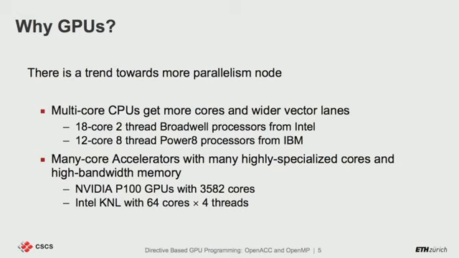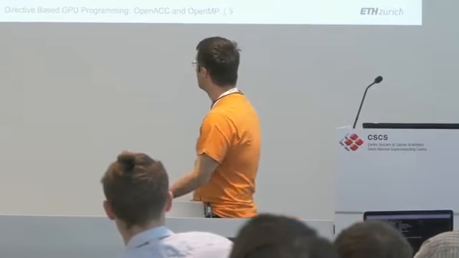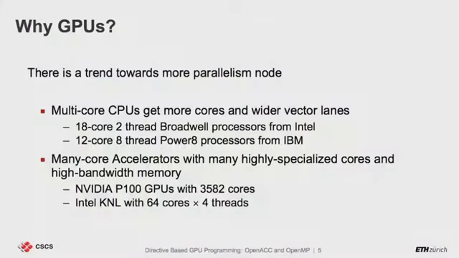Then we have the so-called many-cores. GPUs were around for years, but around 2008 and a bit before, people started to exploit their computational power to do other stuff than graphics. And now the latest NVIDIA generation is Pascal with 3,500 cores. So you can imagine that this is a huge number. And Intel also introduced the